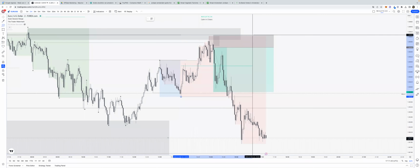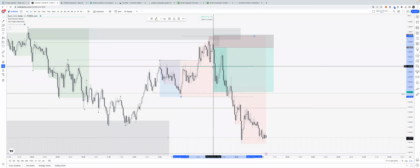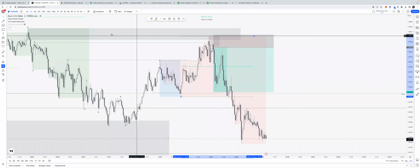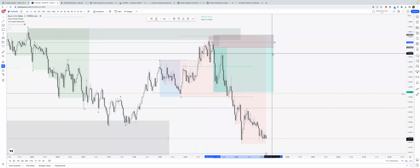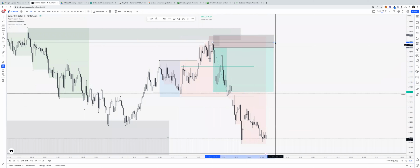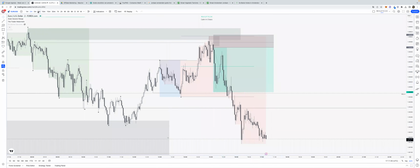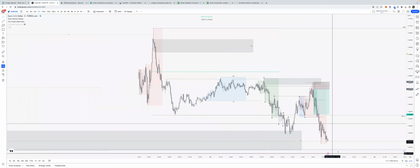So really we want to go break even after reaching this premium. However, we have this block that's still valid and we don't know if the trades will continue. So our stop loss will move to above here after we reach the discount of this bullish leg on the 1-minute. Also, another reason to be a bit more conservative and aggressive with your stop loss management is because